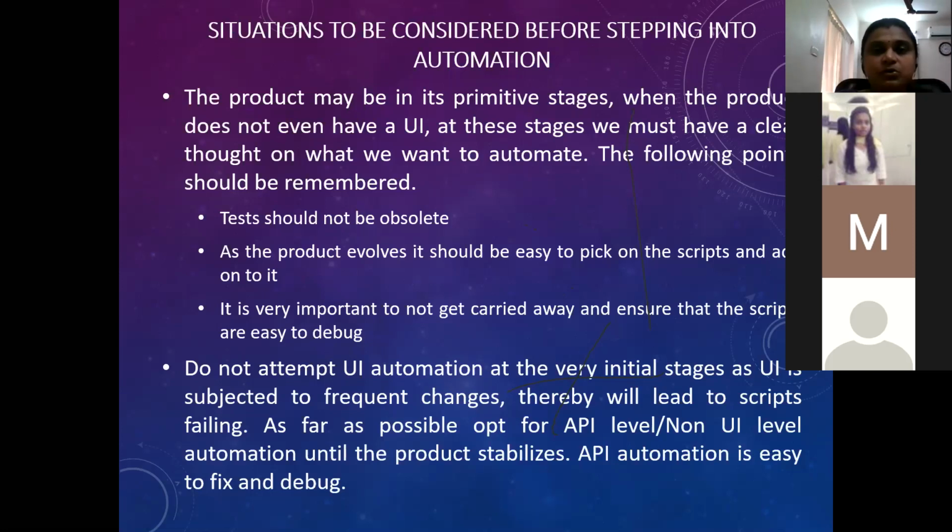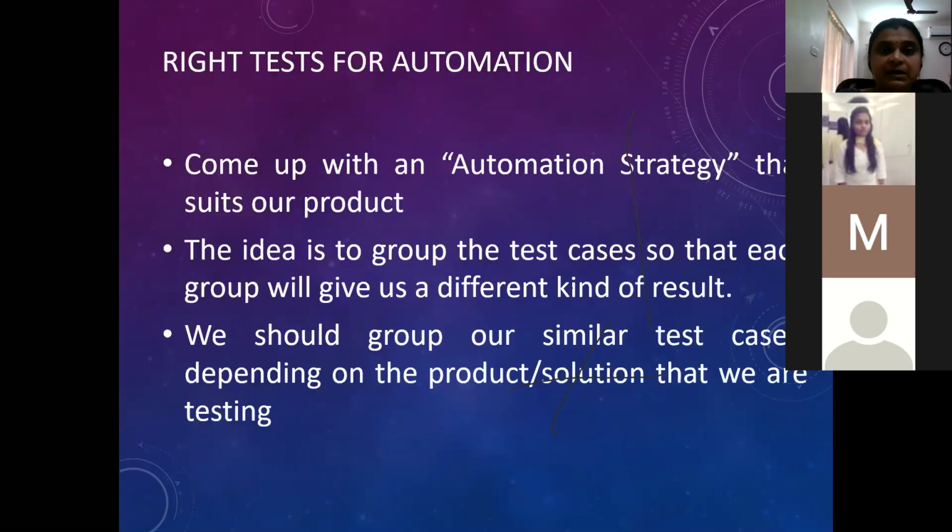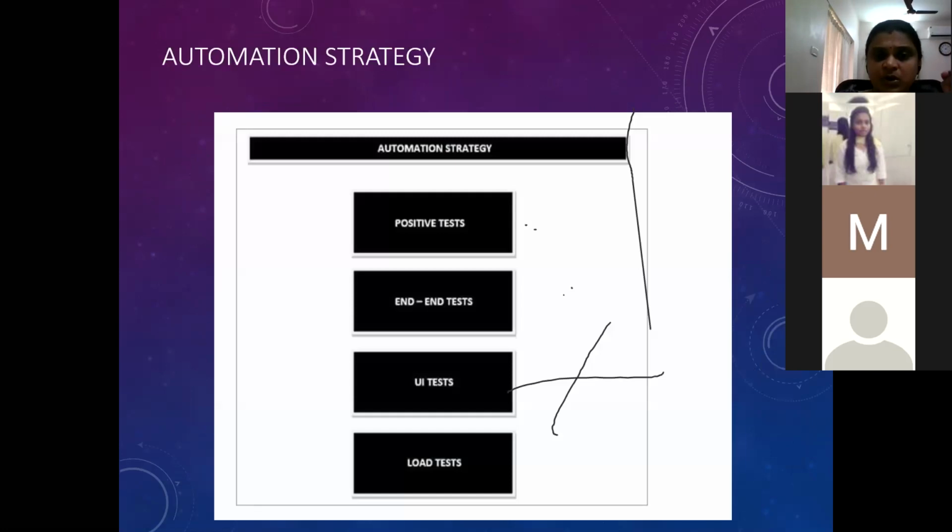Every time you will have to keep updating it. Some test cases may even become obsolete over a period. So all that, do not try. Be clear on your automation strategy. Now, this is how your automation strategy should typically look. This is just an example. Before we move on to Selenium and look at it, let's try to understand how to set up an automation strategy. How really can we set it up?